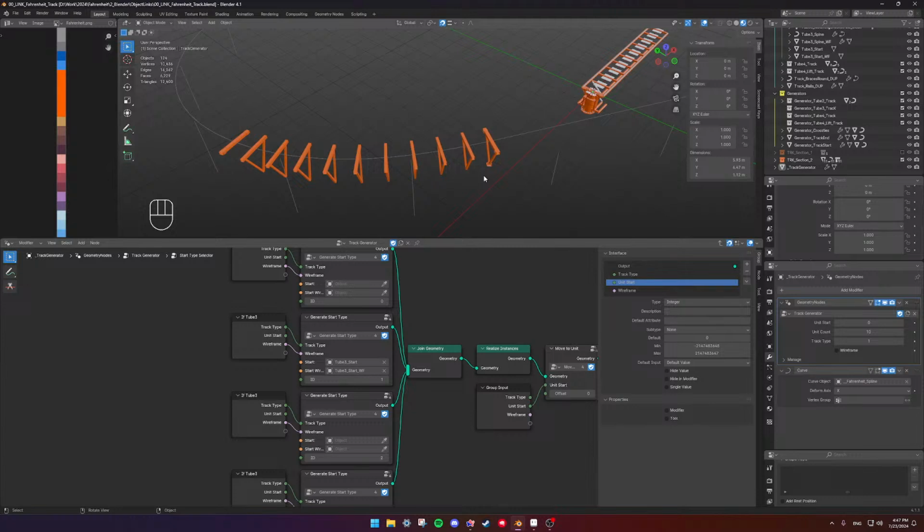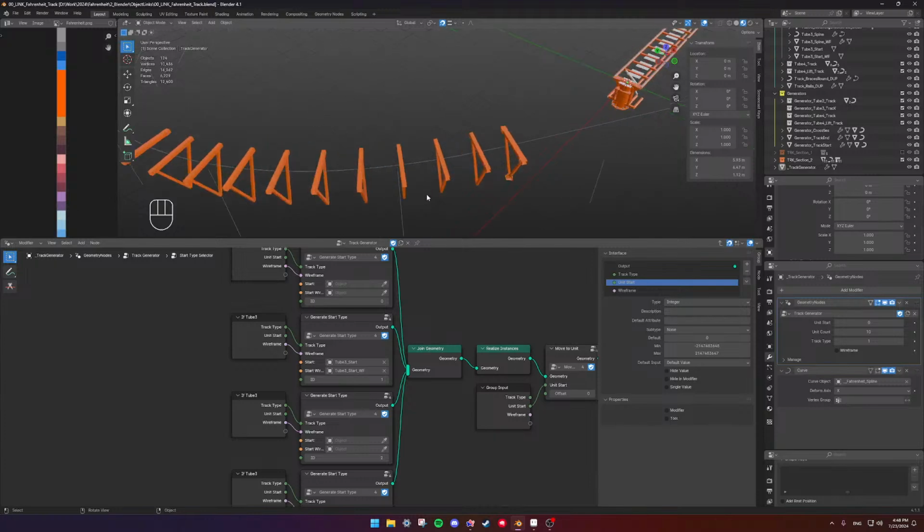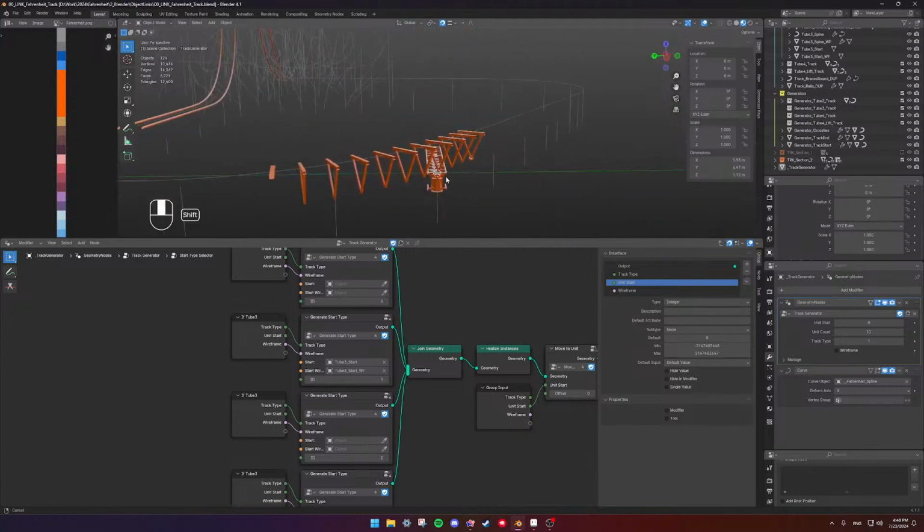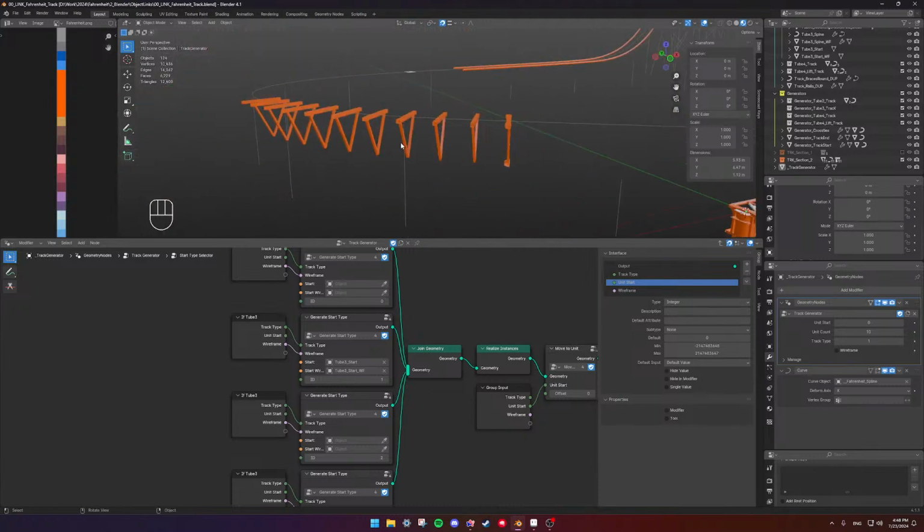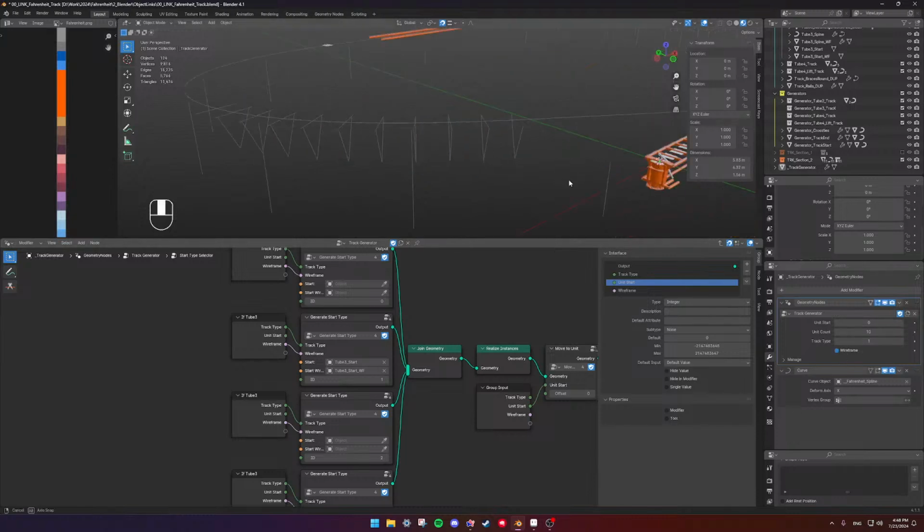So if I do not pump out the rest of this ride in the next 7 days, I'm going to be upset. But with all of this work, I should be able to quite easily. And also the system is going to carry over to any other ride that I do, so it's not going to be just